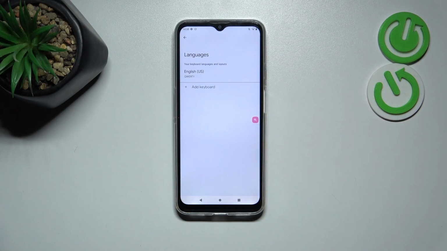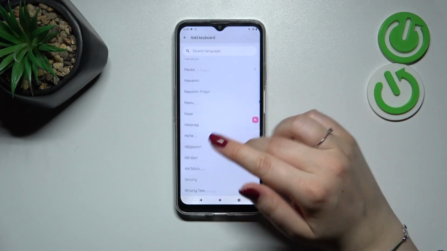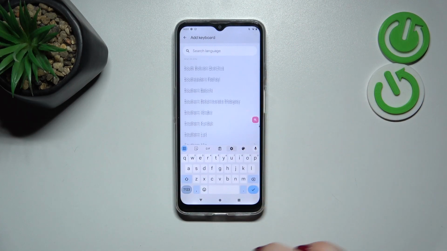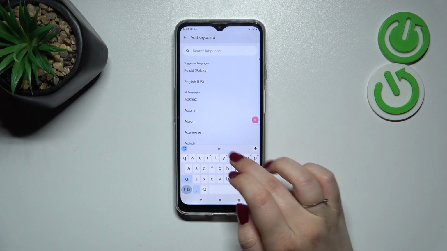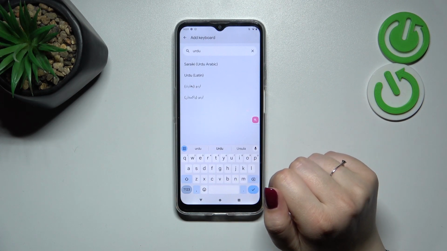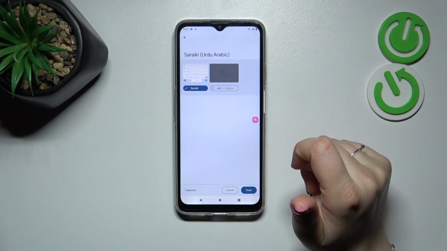Let's enter the languages, and here we've got the list of currently applied languages. We've got only English, which resembles our system language. So let's tap on Add Keyboard, and here we've been transferred to the full list of available languages from which we can choose. Of course, you can scroll or you can tap on the search bar and enter the name of the language. So all we have to do is to tap on the language we would like to apply,